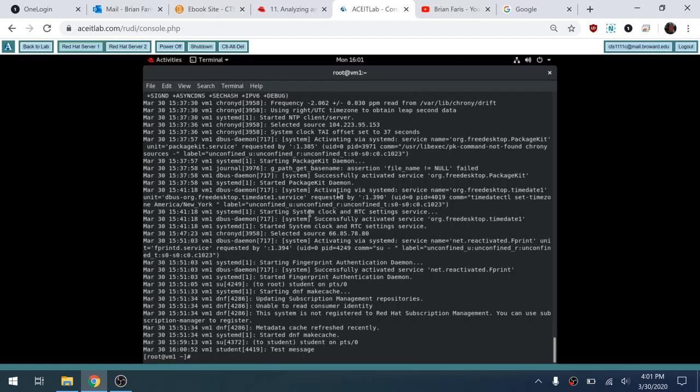I don't know why it's not coming up on the screen in this environment, but if I SSH to another box and do it, I'm going to sign in as student on the other machine. Sorry. SSH student